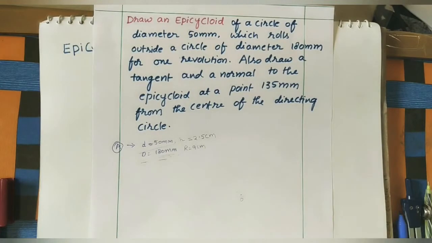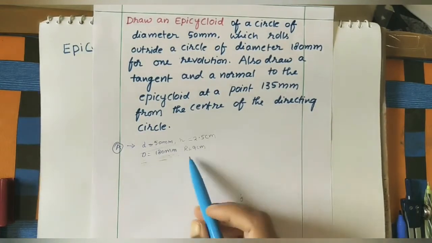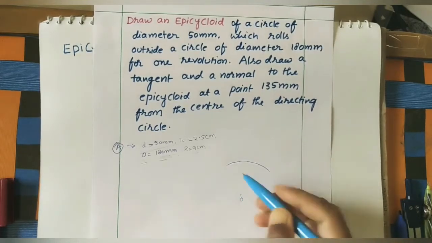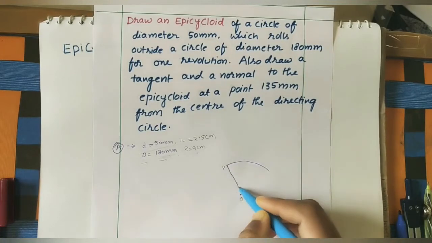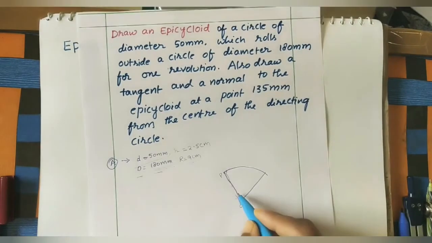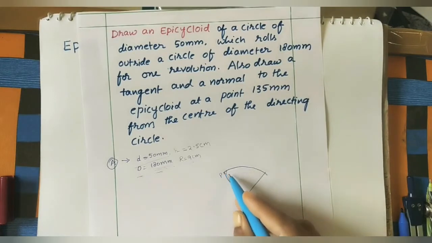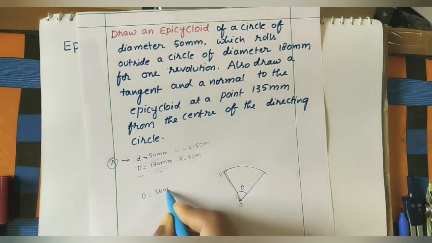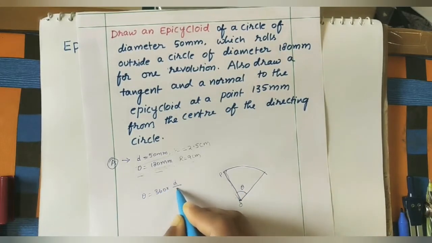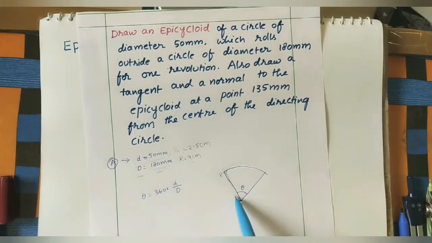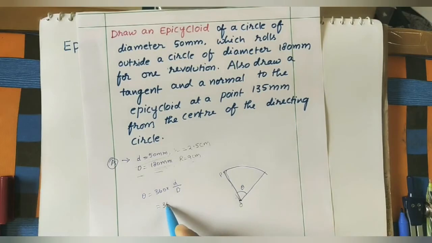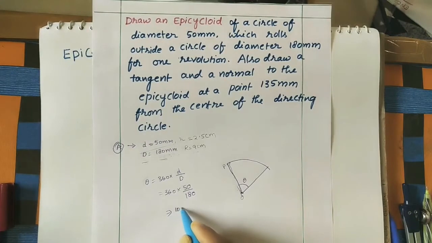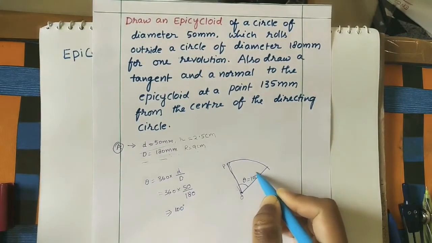Okay. So here, take one center. Take the bigger radius by using compass, 9 centimeter. Just do an arc. Take any point, P point here. Join this to this. We have one formula for finding how much the circle is traveling for one revolution. So we are taking in terms of angle. Theta is equal to 360 degrees into small d by capital D. Okay, by using this formula we can find this angle, this arc length. So it is 360 into 50 by 180. This angle is 100 degrees. Now here this is 100 degrees.